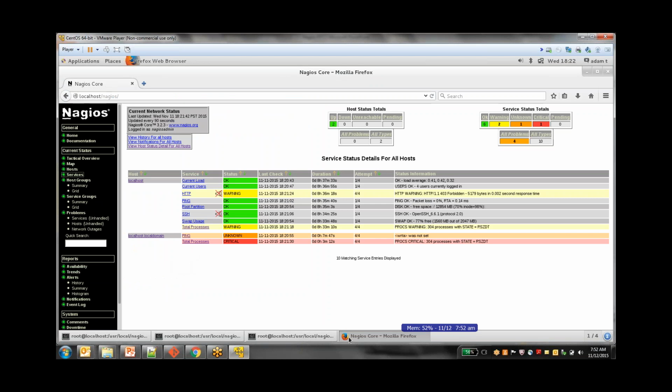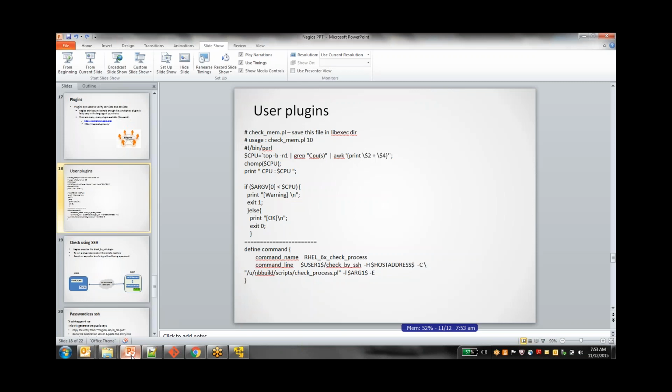Okay, so that is what Nagios will be capturing in a file called status.dat that will be present in the var folder. As soon as the plugin completes its run, it will try to send or return some value, which will be stored by Nagios, and based on that it will display the output here. So when you are writing your own plugin, it is important for us to return a